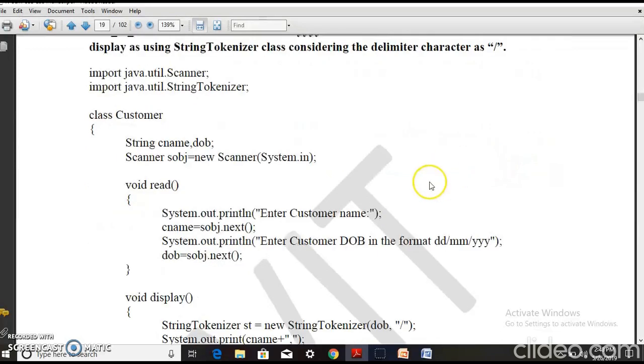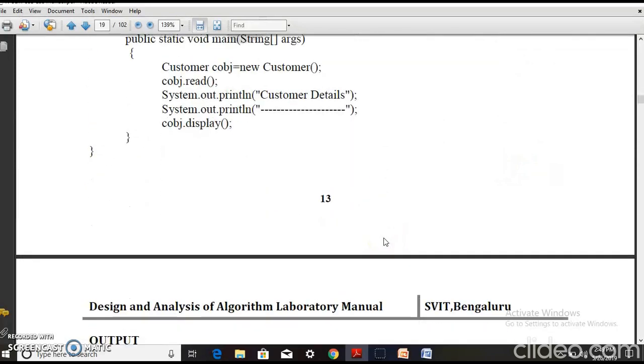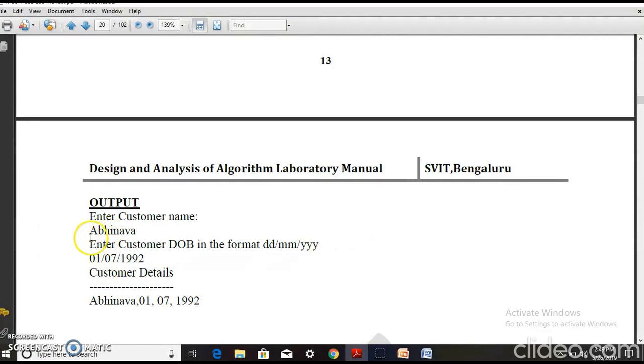That is, when I execute the program, I should be able to read the customer name and the date of birth in the format and then display the customer details such that we break the date of birth into three entities, that is dd, mm and yy separately.